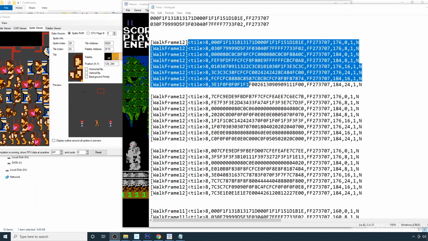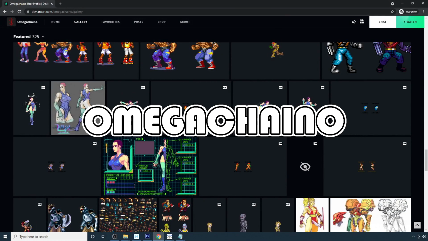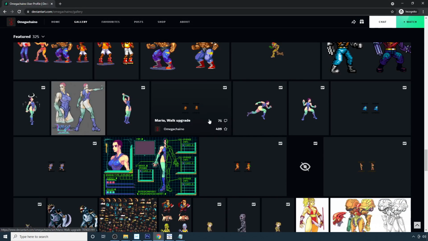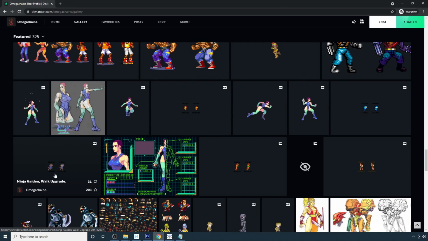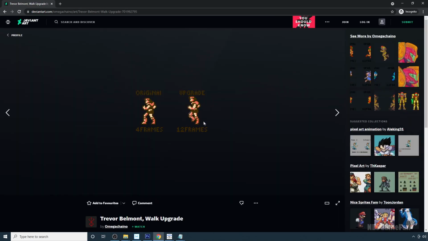Now, at this point, you might wonder where I obtained all of these X and Y coordinates. That's where the graphic that I received online actually comes into play. And I'm just going to have a little plug here for this DeviantArt user here. They actually have gone through and added frames to a number of popular characters. There's Mario here, there's Ninja Gaiden, Metroid, and this is the particular one that we actually are going to use